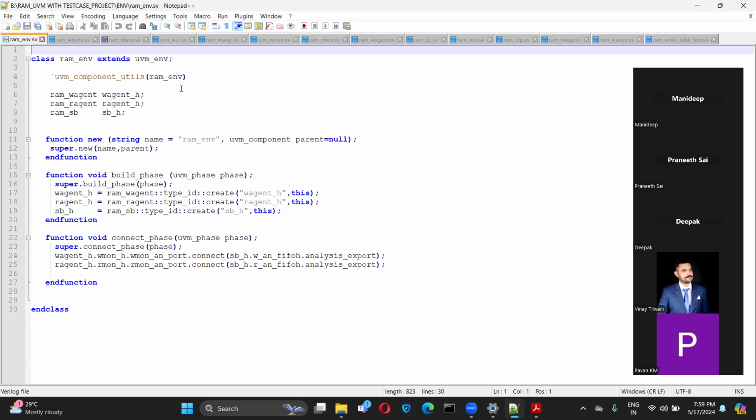In order to utilize these different features, it is recommended to register all the components or objects in the UVM factory. To register, we use this macro. As I understood, just to override these components, we register them in this factory. Yes, there are different methods to override, like instance override and type override in the UVM factory. Suppose I don't need to override; if I remove this line number 4, my testbench will still work.